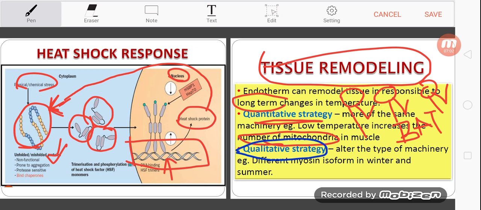Qualitative, different, alter the type of machinery. Okay, this one example, different myosin isoform in winter. Myosin isoforms in the muscle. Okay, or we can apply to